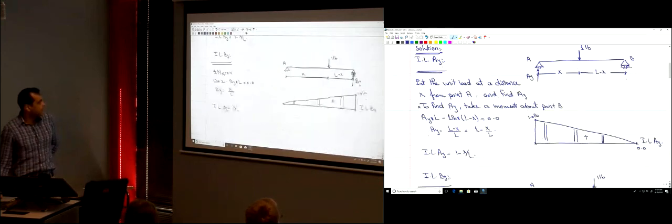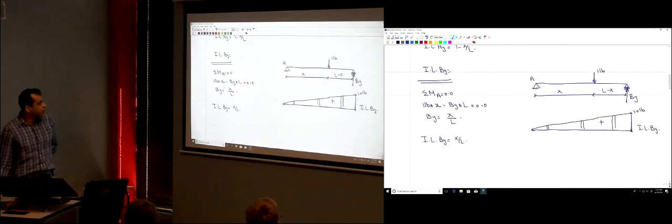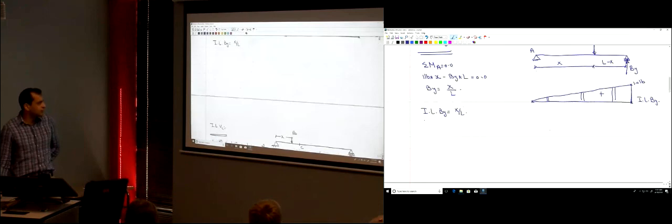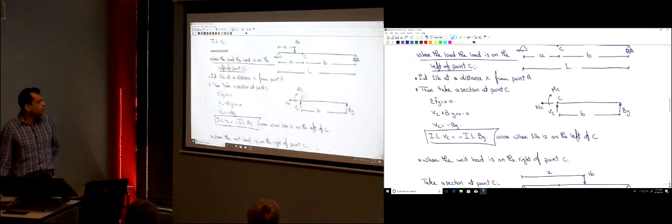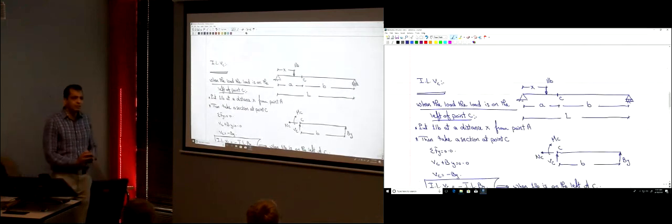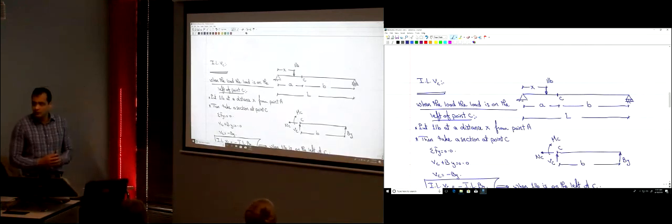And then we did the same. This is the equation for BY as a function of the distance x for that unit load of 1 pound here. And this is the influence line of BY. And then for the shear and the bending moment at the point C, we have an extra level of complication here,